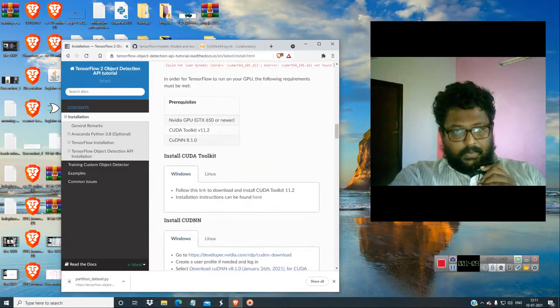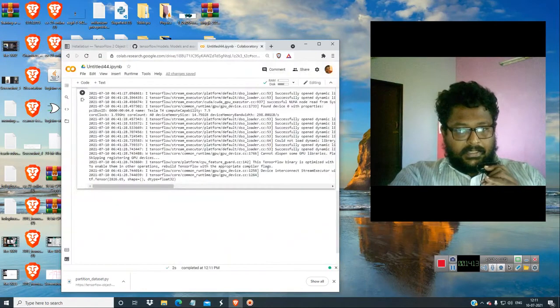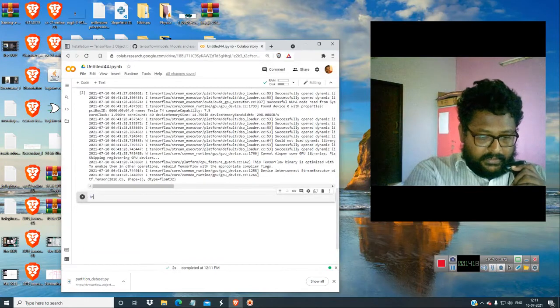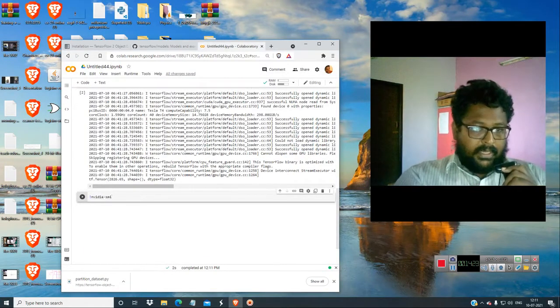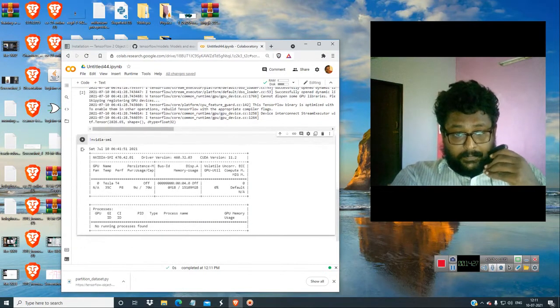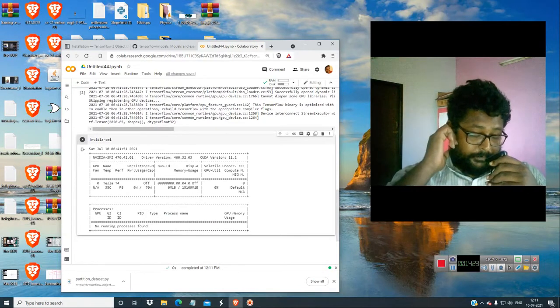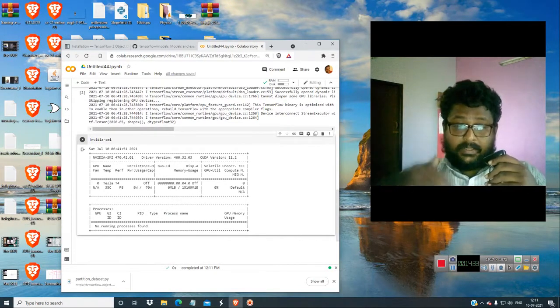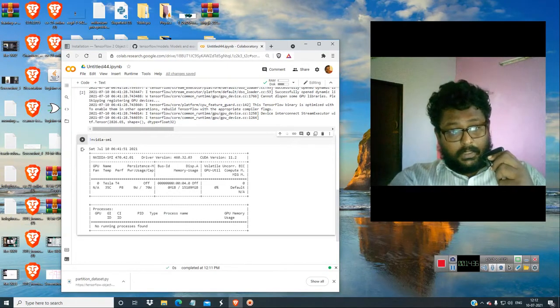So this is about the NVIDIA toolkit. Here I think nvidia-smi is there. Everything would be installed in this Colab, so you don't have to worry about anything. Actually this is only for CUDA enabled TensorFlow object detection training.